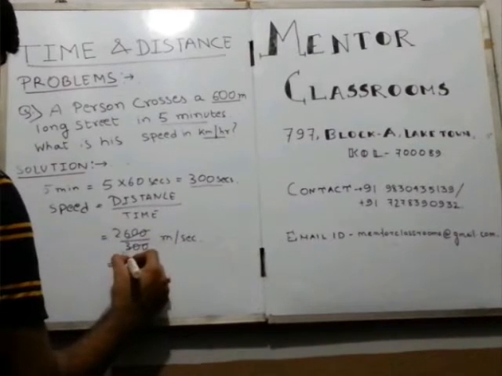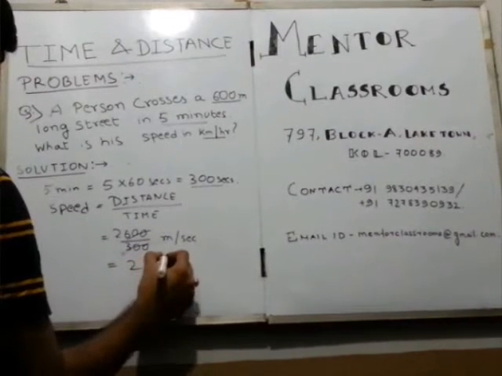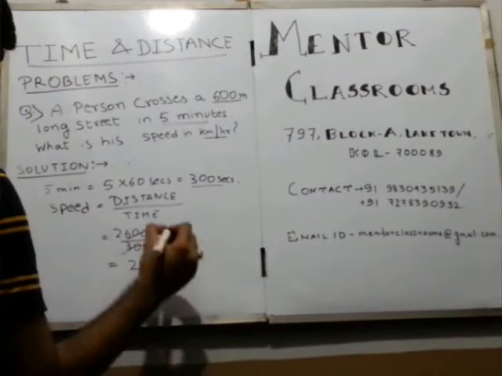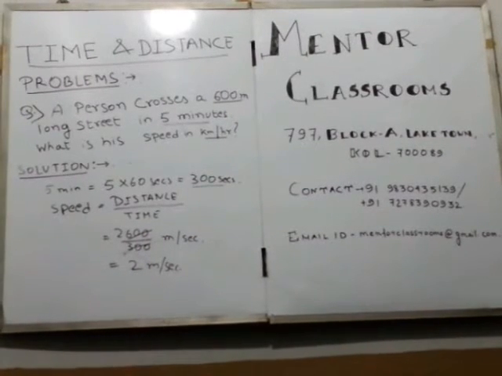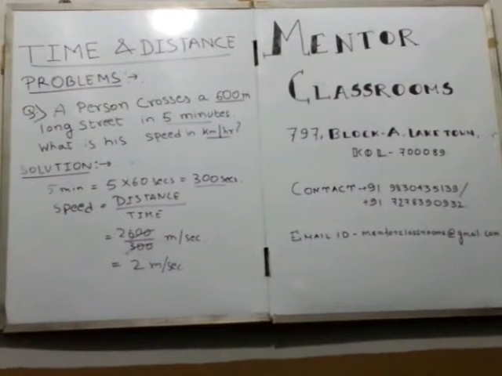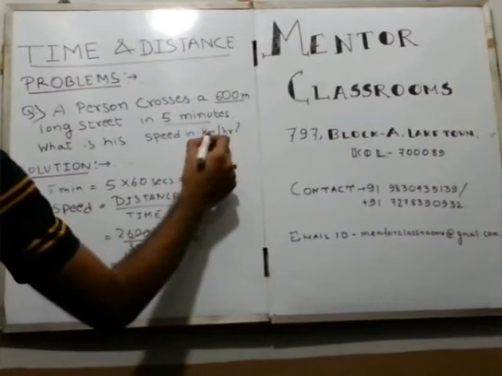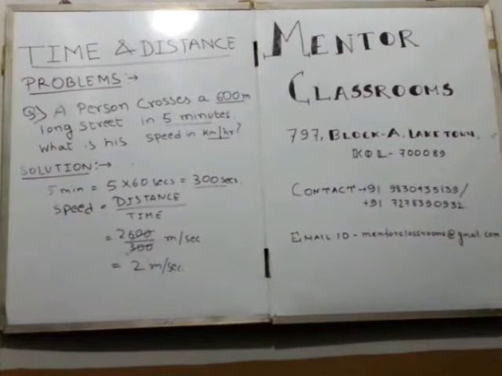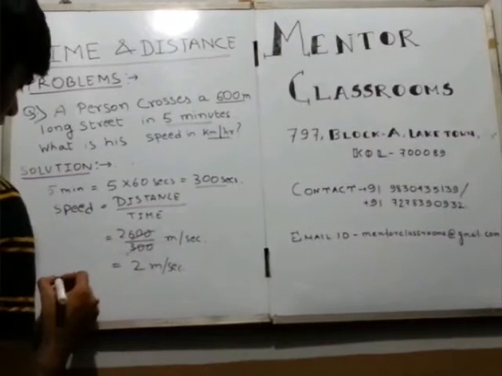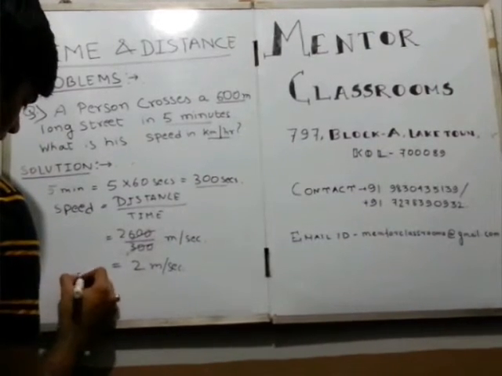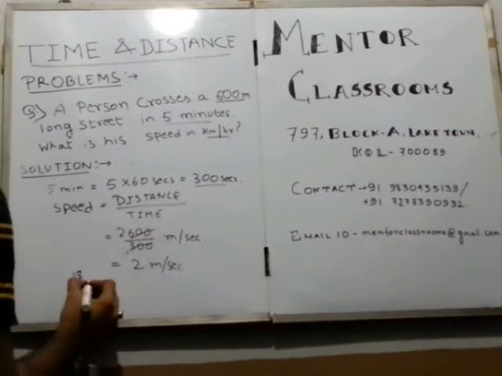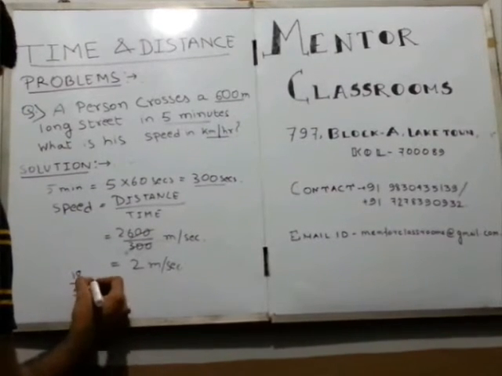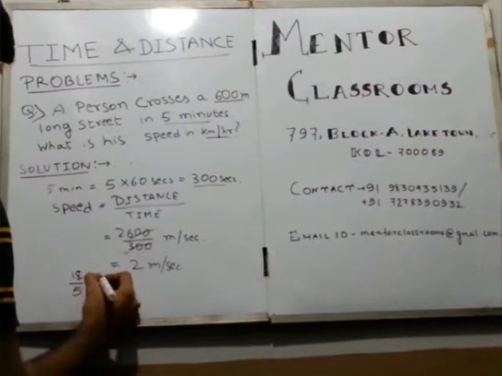It's 2. 300 gets cancelled. Now speed is 2 meter per second. But we are asked to find the speed in kilometer per hour. So we will be multiplying it with, yes guys, you are right, we will be multiplying it with factor 18 by 5. So 18 by 5 into 2